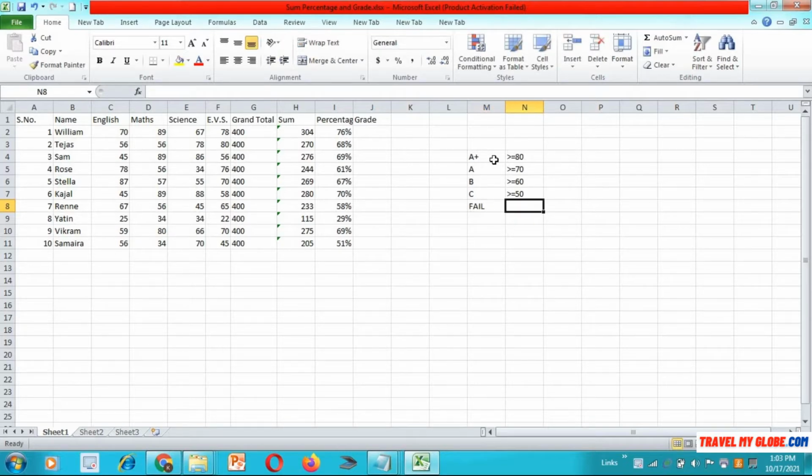the marks are less than or equal to 40, then the student has failed. That means if the student has marks less than or equal to 40, then he or she has failed. So these are the situations for which you want to give the grade. So let's type it with the if condition.